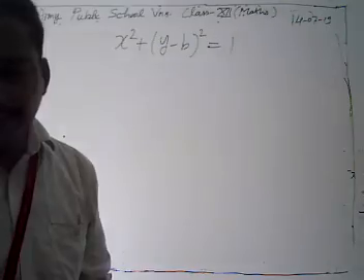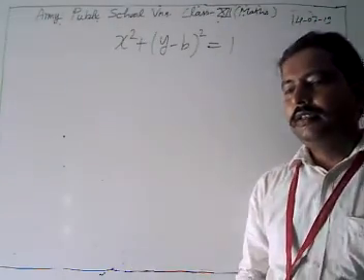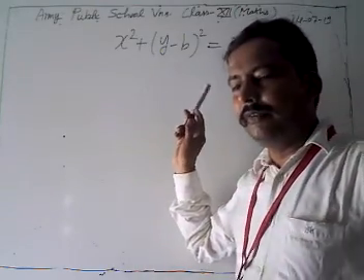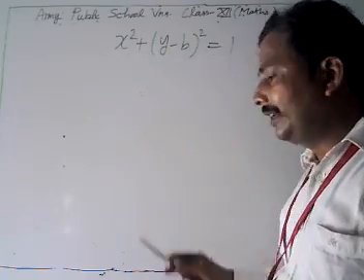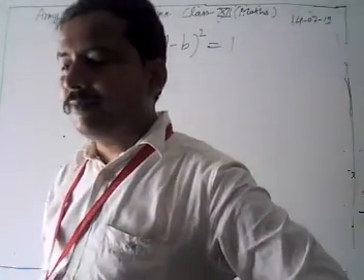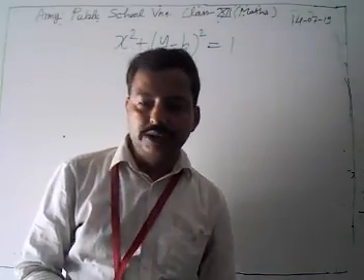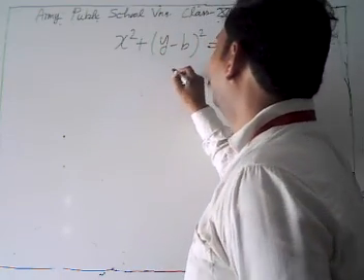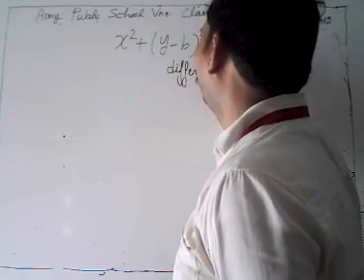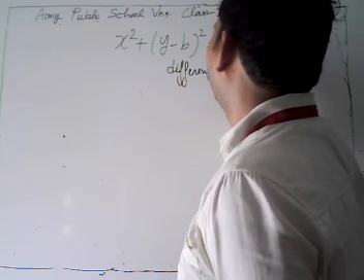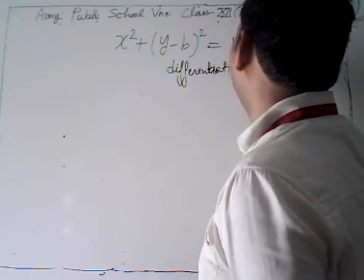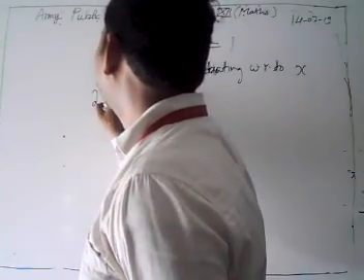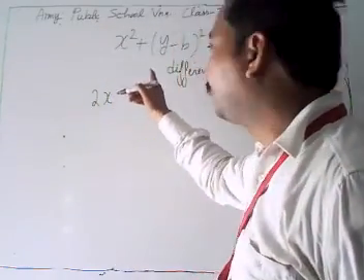Now look, yesterday we discussed that to form any differential equation we have to check how many parameters or variables there are. Now look, there is only a single parameter b, so it means we just have to differentiate this equation once. We shall differentiate it one time only, with respect to x. Then what do we have? The derivative of x square is 2x.